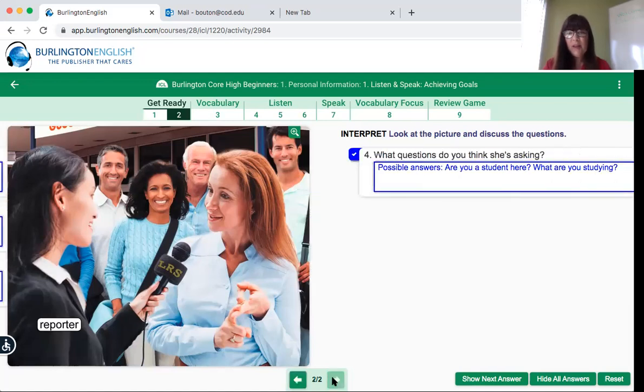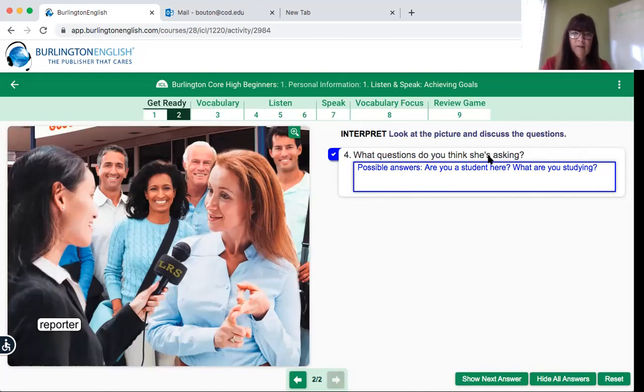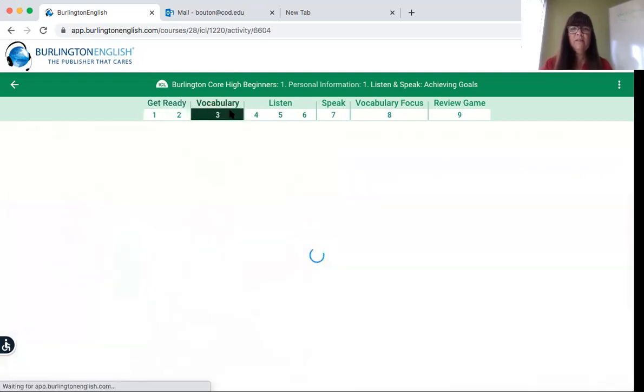That's the next page. What questions do you think she's asking? Are you a student here? What are you studying? Maybe she's asking, is this your first class? How did you find out about the school? Something like that. Okay, so let's look at some quick vocabulary.